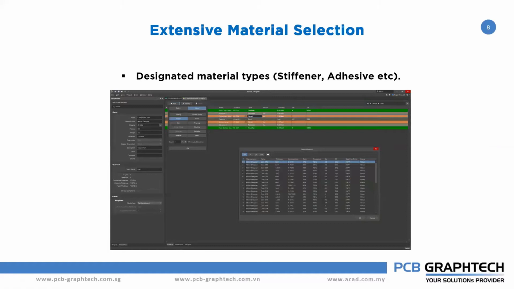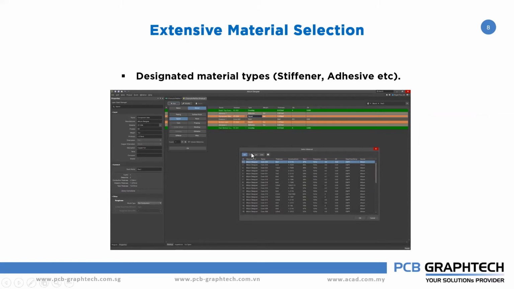Okay, so the purpose is, when you add the stiffener, it increases the thickness of the rigid flex, and also it increases the strength of the material. Okay, it gives more strength to the rigid regions. Adhesive layers, if you add, it gives more multiple layer stacks. It is more strength and it is more powerful when you go for the flex stack up.